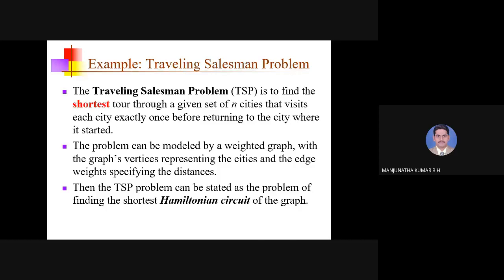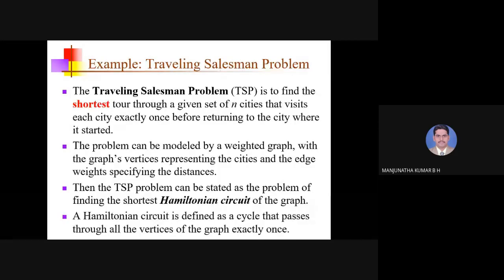So first we will see what this Hamiltonian circuit is. A Hamiltonian circuit means a cycle that passes through all the vertices of the graph exactly once. Yes, it completely matches the problem statement of the traveling salesman problem. So in the traveling salesman problem also we have to find a cycle. Cycle means the path where the source and destination cities are the same. That path cost should be minimum. That is the required solution for the traveling salesman problem.